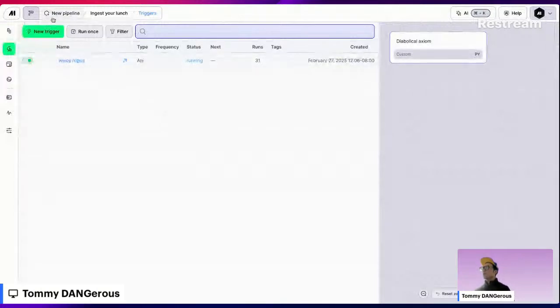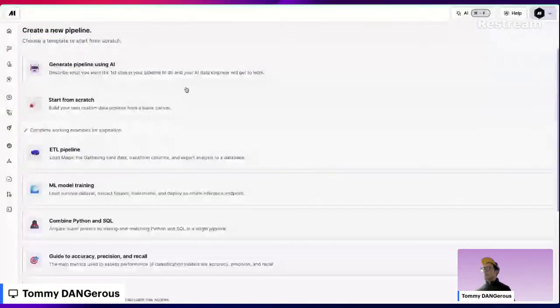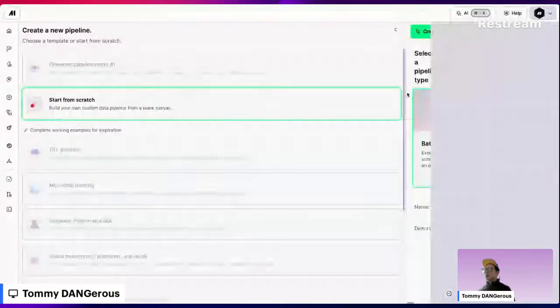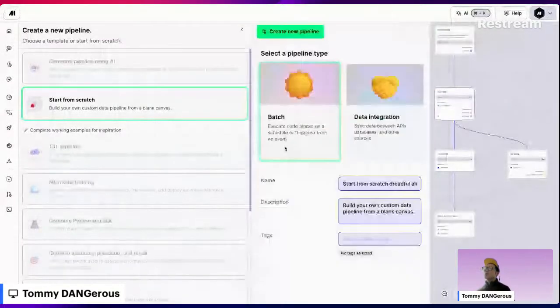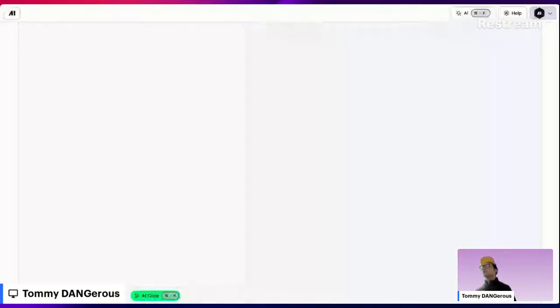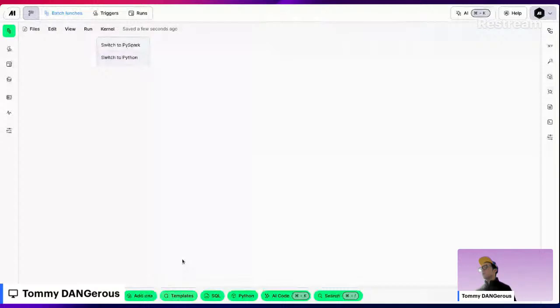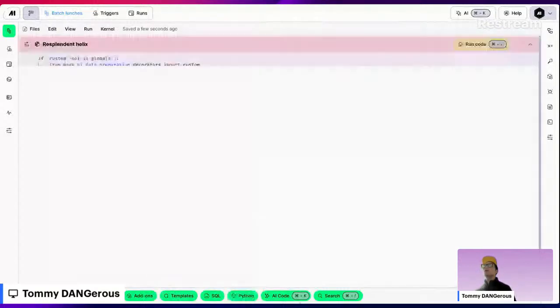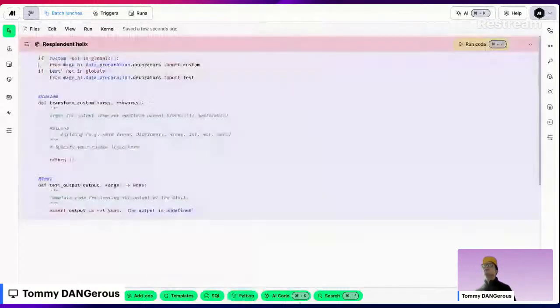So then what we can do is create another pipeline that maybe runs hourly or on some regular cadence. And what it'll do is it will just batch collect that and then write it. So let's just do batch lunches. And for this one, it's pretty simple as well. We'll just add a Python block. And I'm gonna just copy paste a quick snippet. But what this one does is